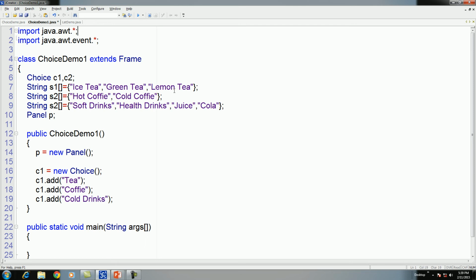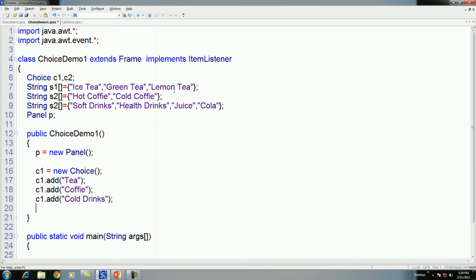Okay, but before that, you have to implement the item listener here. Now assign this listener to combo box 1.